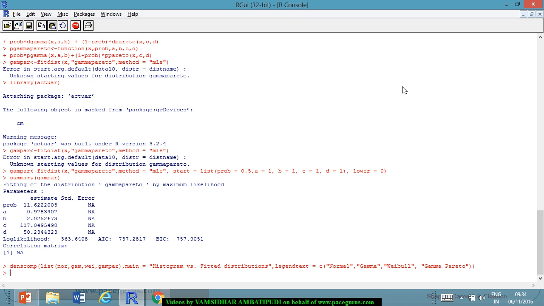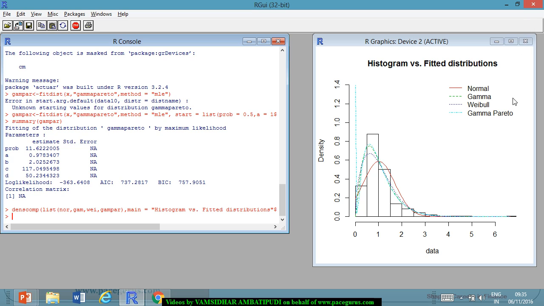So that way I could see a better graph coming out. So this is how the gamma Pareto is coming out. So looks like there is a more appropriate fitting for the gamma Pareto distribution compared to the other three distributions as well. So that's how we can very well evaluate